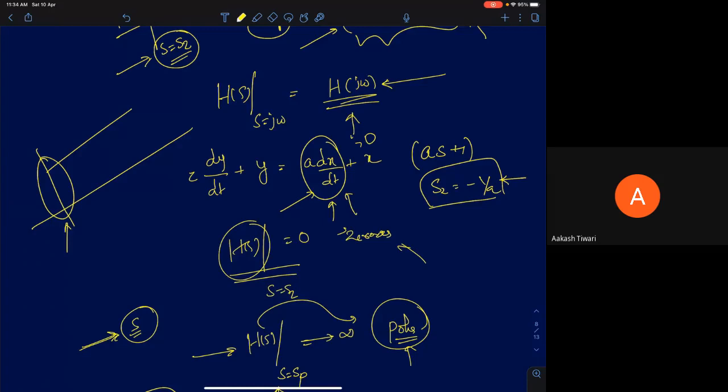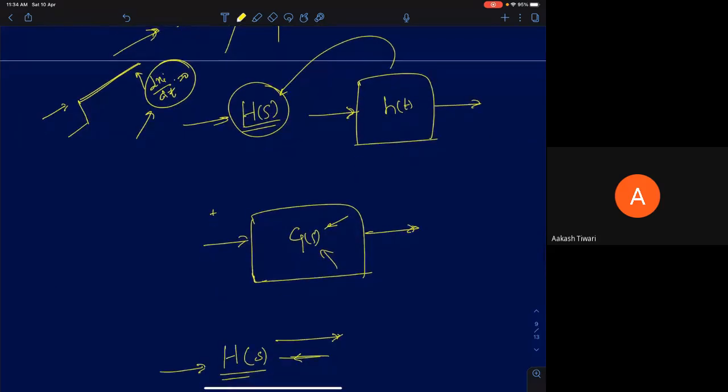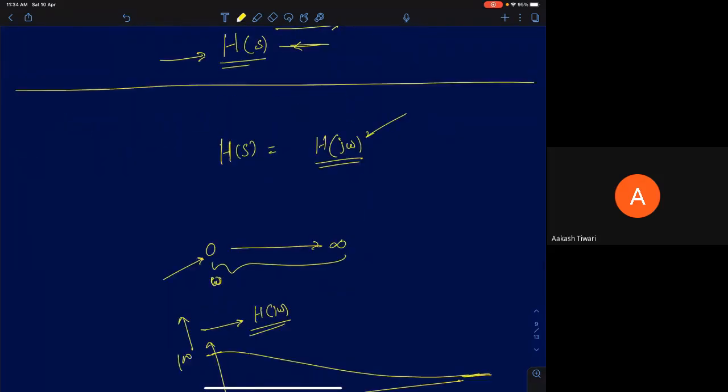So if you want to change the transient response, transient response usually means the initial response. Whenever there is a sudden change in the input, zeros will have an impact. In the steady state, zeros will have no impact. Okay, so let me come back to this. We'll finish our discussion on transfer functions.